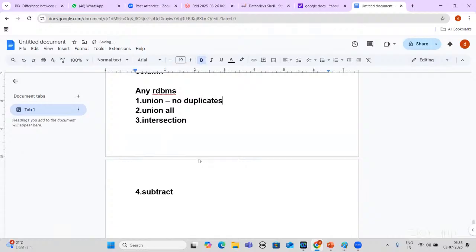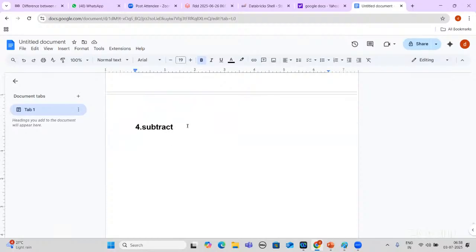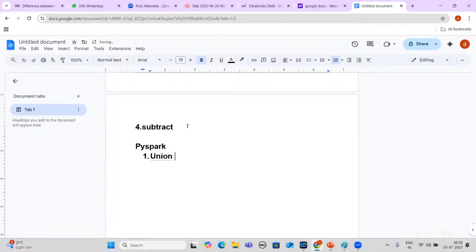But whenever you are writing in big data or in PySpark, here also we have the same set operators. Only difference is that in big data or PySpark we have three. One is union, which is also union all. Both are the same here.